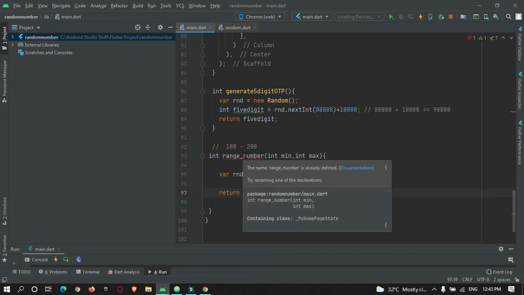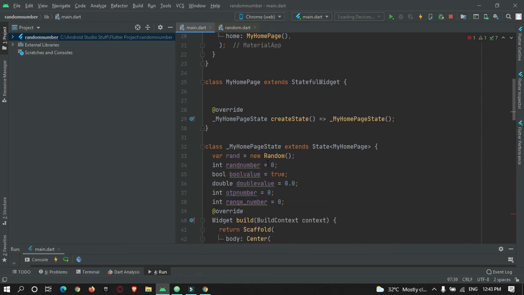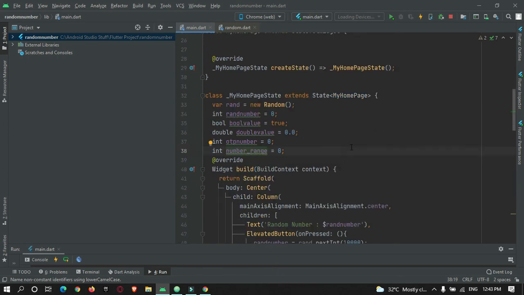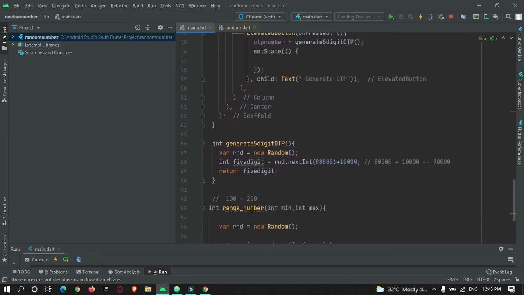Okay, so it is getting an error. Let's check. Yeah, I will change this variable to numberRange. Okay, fine. Now let's do it.